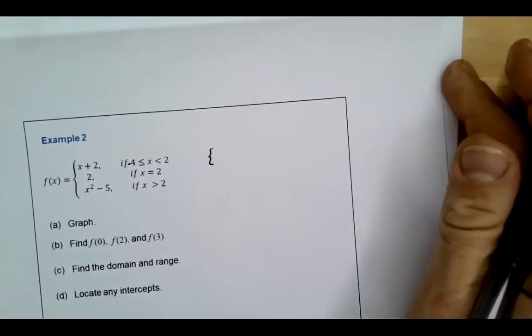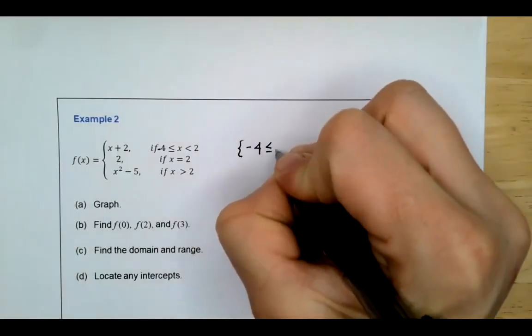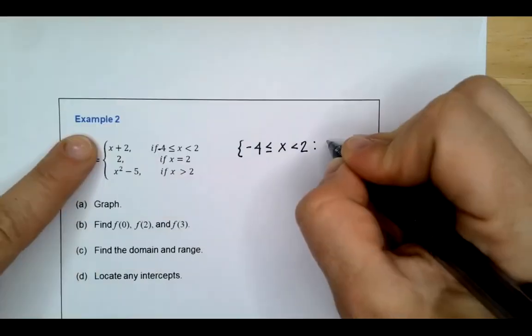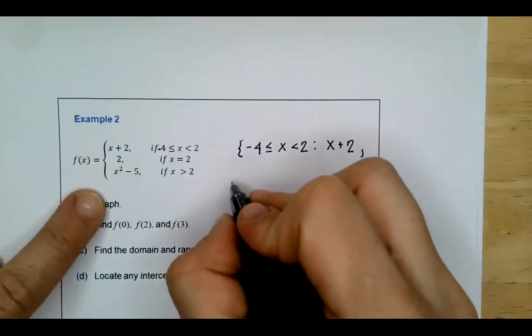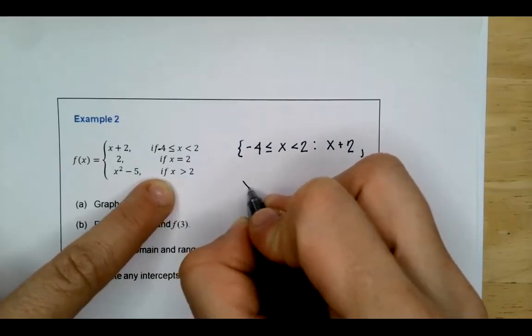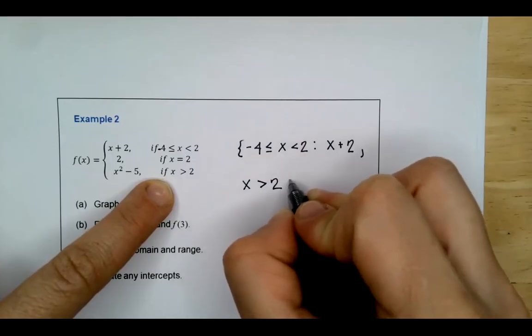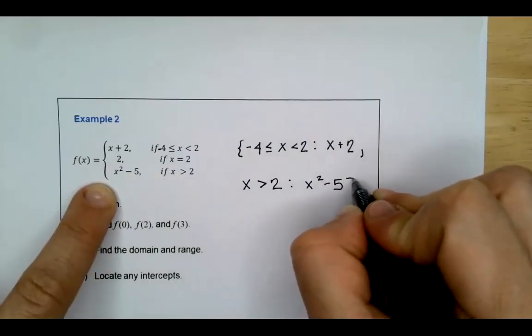So in Desmos, open a curvy bracket, negative 4 less than or equal to x less than 2 colon x plus 2, comma, remember, start with your limitation, x is greater than 2 colon x squared minus 5, close